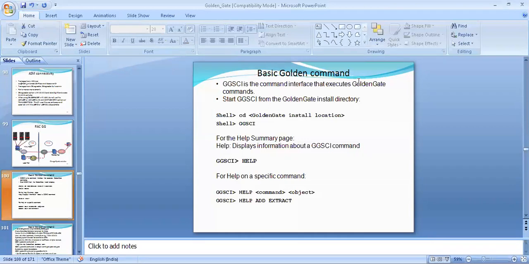These are the basics. In the source, extract and manager; in the target, replicate and manager. If required, we can configure a secondary extract process, that is called data pump. So in the source, maybe primary as well as secondary, meaning data pump and manager. 3 processes in the source and 2 processes in the target.